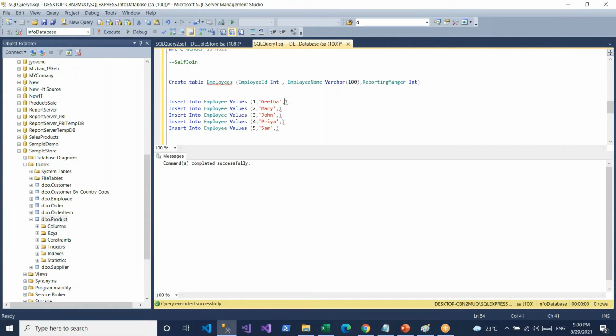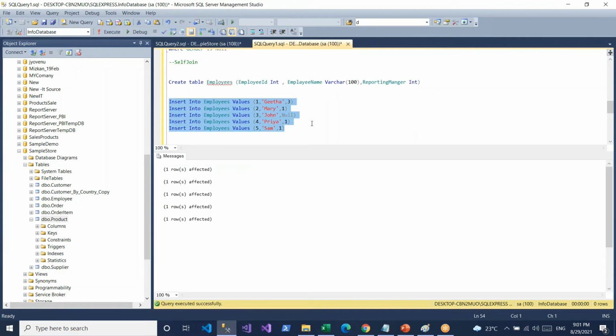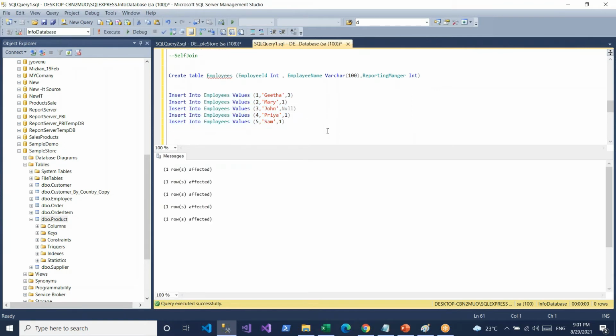So I'm mapping the values: 3, 1, 1, 1. The number of values supplied is not matching the definition. So I have the employees in this table.